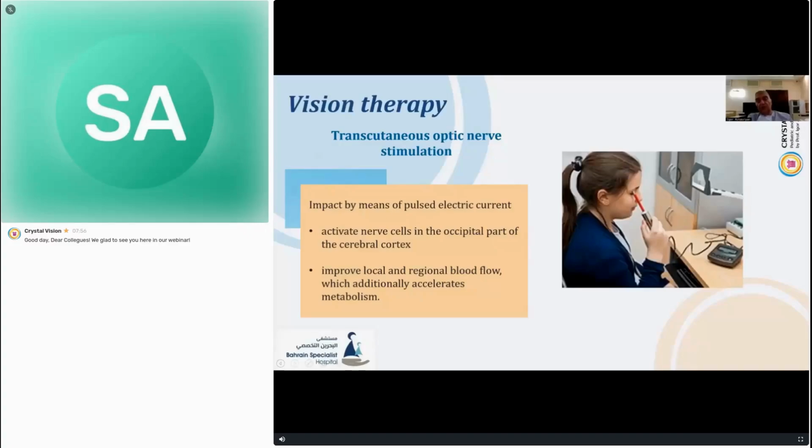And for deep amblyopia, this is a very effective method, as it allows for the stimulation of visual cells with a gradual reduction in current strength, and therefore the perception of phosphenes will indicate that our treatment is heading in the right direction. And naturally, an increase in visual acuity in this context will also indicate this. Very effective.